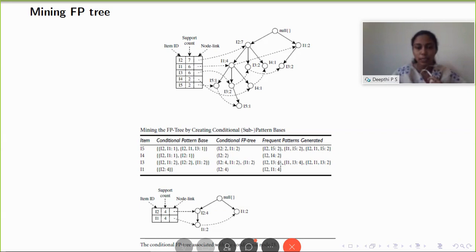I2 and I3 occur together in 4 transactions and I1 and I3 occur together in 4 transactions. But this doesn't mean that if all of them appear together, the support count is 4. For I1, I2, I3, because the support count of I1 here is only 2, the count is only 2.